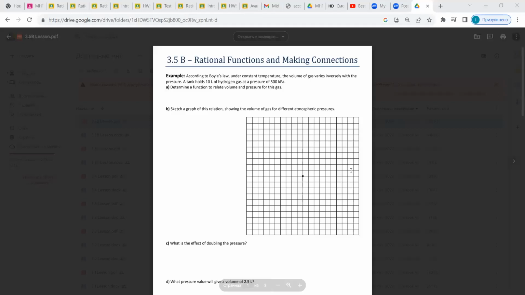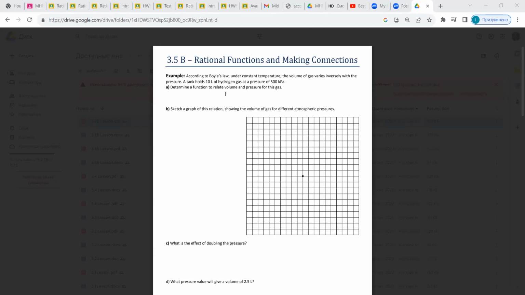This is what I would like to cover with you today. Actually, this topic is related to making connections between rational functions and real life problems. Because as far as you're concerned, I told you this many times that what we're studying here is not just simple math. It's math that is used in the basics of physics, chemistry, while describing natural processes that are